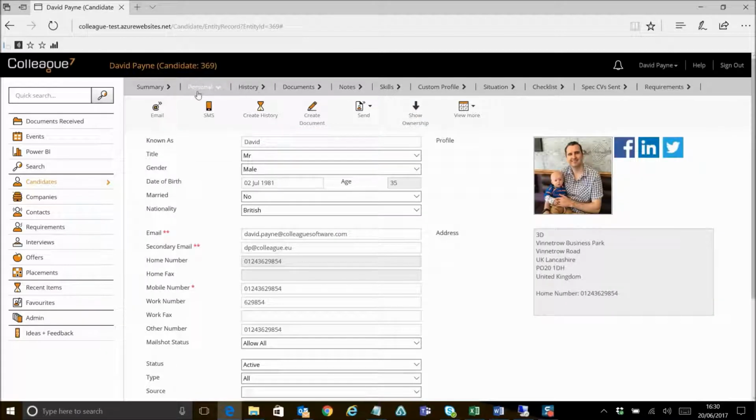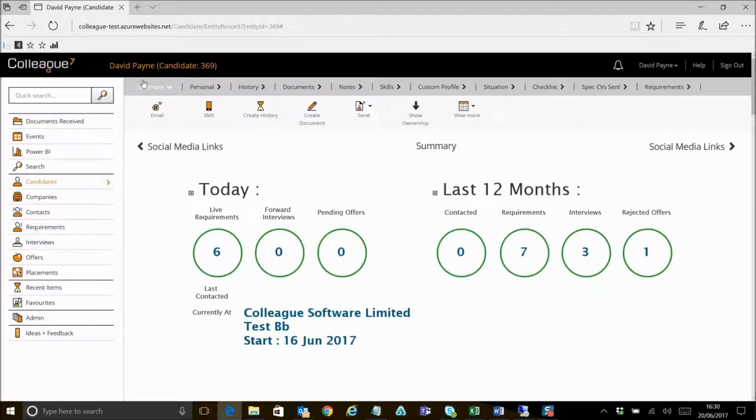Another element that's been added here in terms of tabs is the summary. So this has been added to all the main entity types. There's a summary tab here, and what it essentially contains is a small dashboard report display that's been designed to